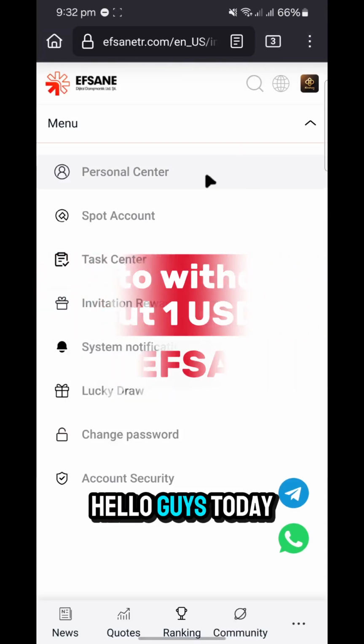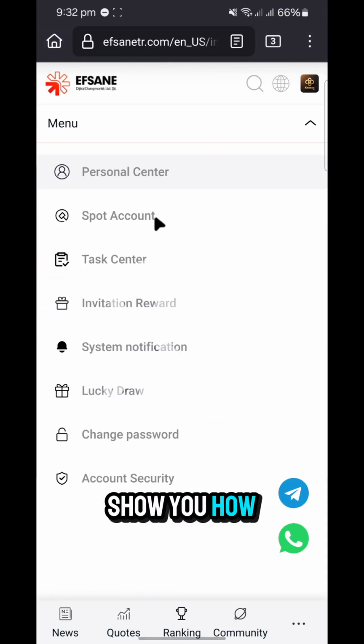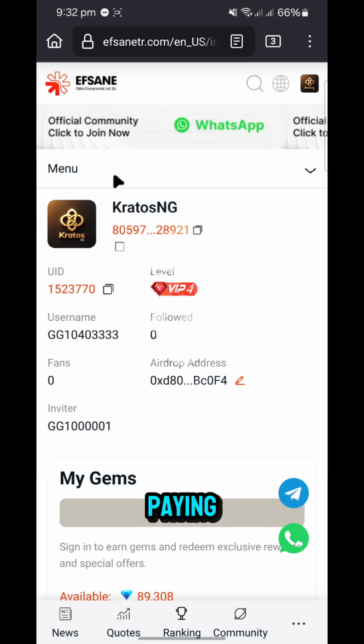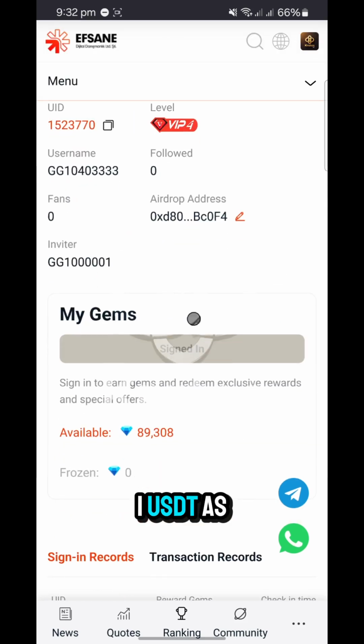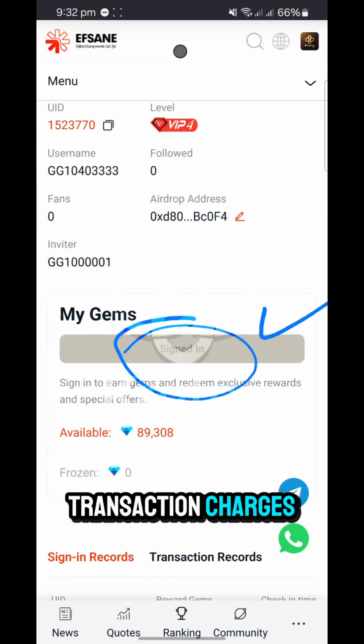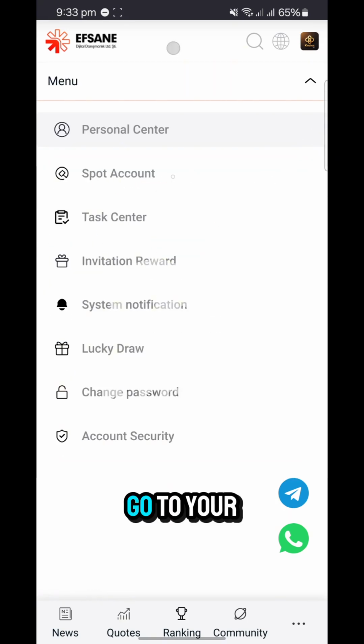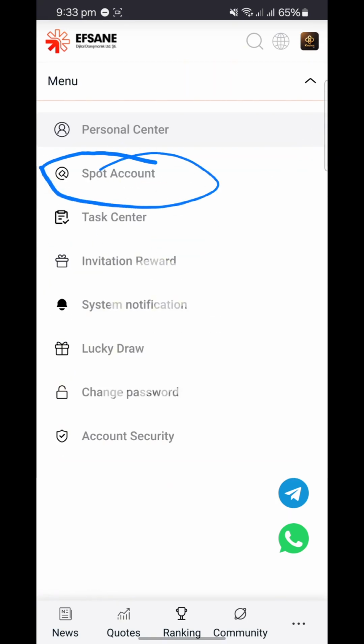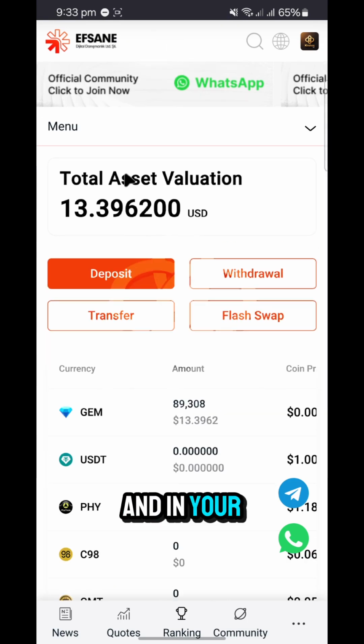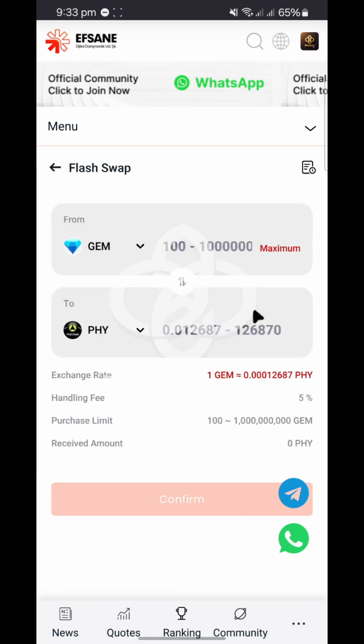Hello guys, today I'm going to show you how to withdraw from EFSane without paying 1 USDT as transaction charges. Go to your spot account, and in your spot account or assets, click on Flash Swap, and in Flash Swap